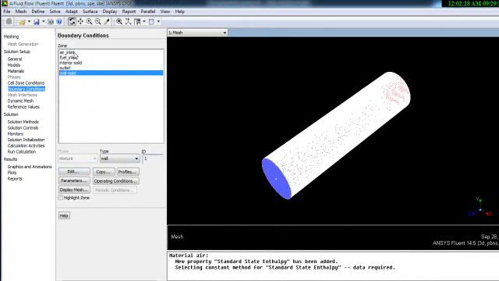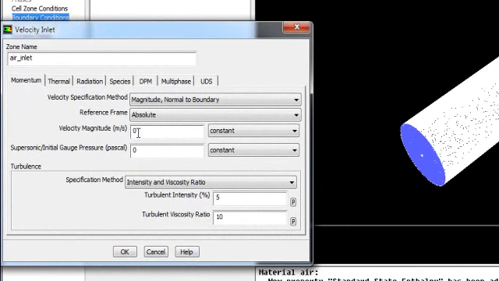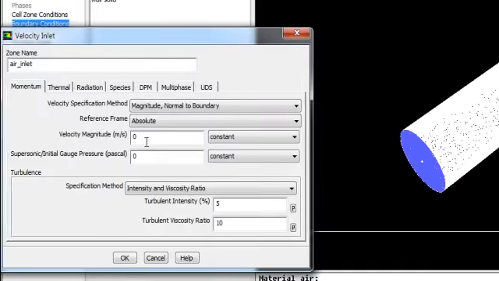So we have air inlet, fuel inlet, interior, outlet and solid wall. So this white section is our wall, as you know. So go to air inlet, this is velocity inlet. So go to edit. In the momentum option we have to give the velocity of air. In the problem definition we have air velocity 0.5 meter per second at 300 degree Kelvin. So go to velocity magnitude and put the value 0.5 meter per second,